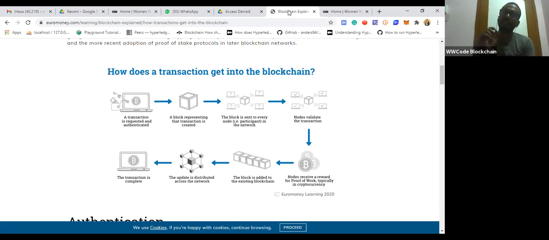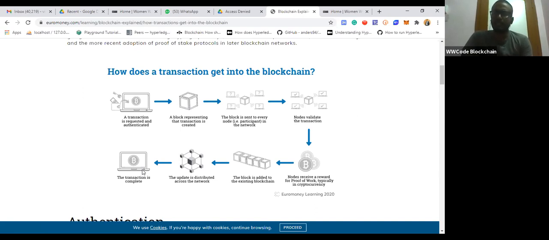Every transaction gives a small fee to the miners. It's a very small amount compared to a real bank transaction, and it is the same for any transaction size. After that, it is stored in the block. So that is proof of work. In Bitcoin and the early stages, and even now, many people still use proof of work.